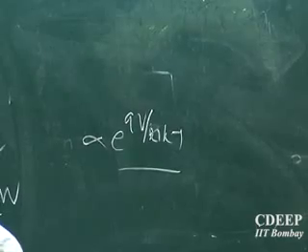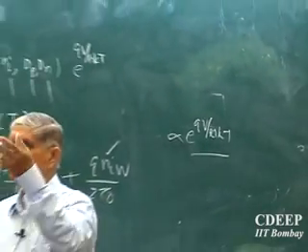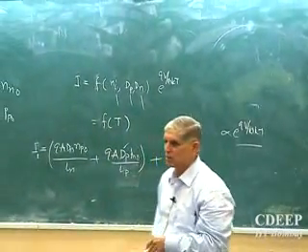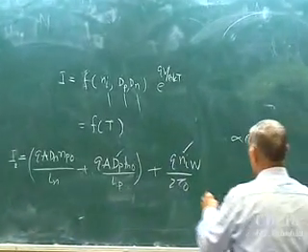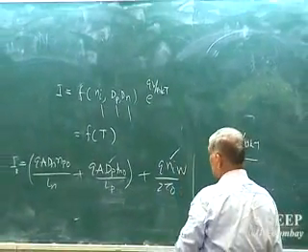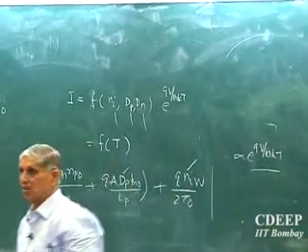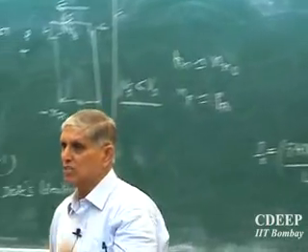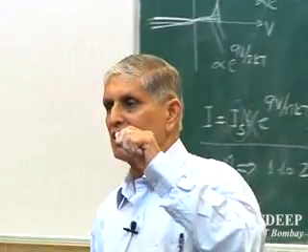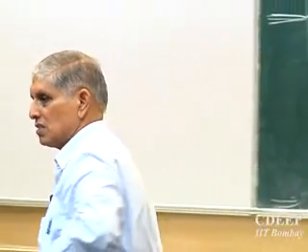But in reverse bias that term can be neglected, because e to the power minus qV by kT is smaller than 1, so we neglect that. So at least for reverse saturation current, these terms will show you larger reverse current. Is that correct? Everything will increase. So if the device starts heating, then the reverse saturation current also starts increasing. Now what is the problem? If the reverse saturation current increases,